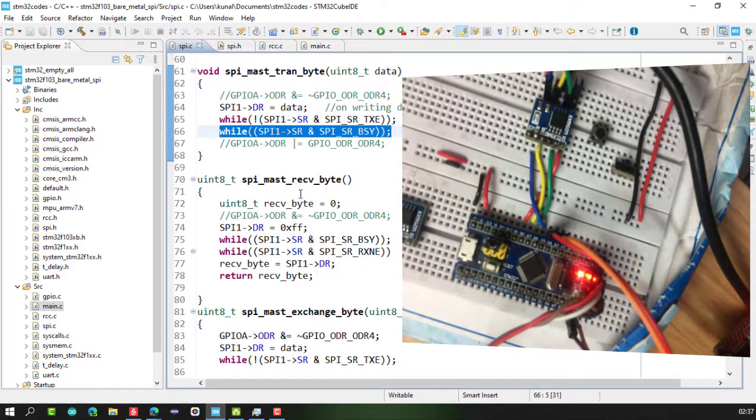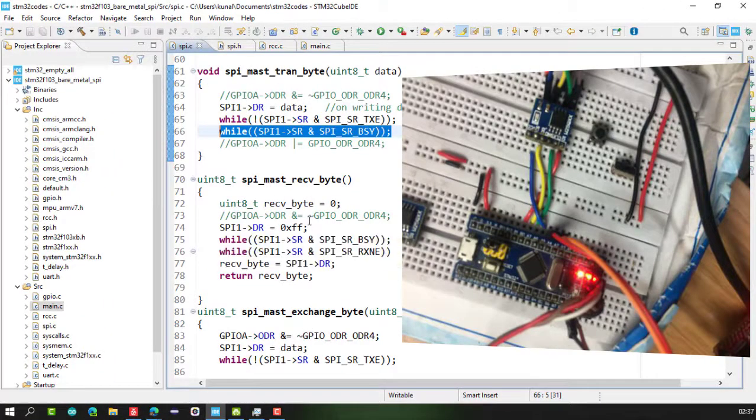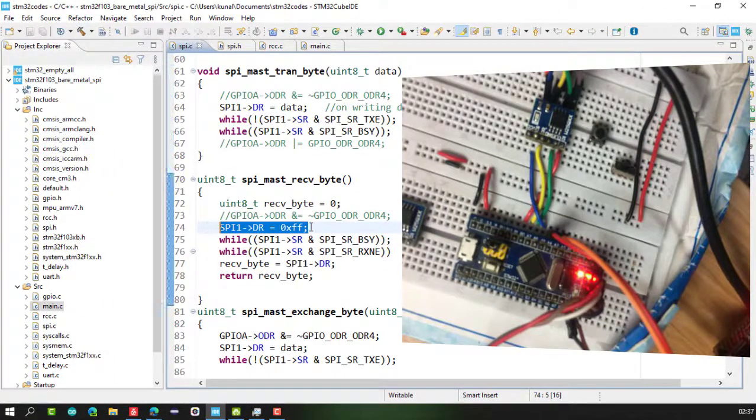And in the SPI master receive byte, first we will send a dummy value, any dummy data, to my slave so as to start the SPI receive session. Then I will wait till the busy bit shows the data has properly been transmitted out, using a while loop, and then in the next cycle I will wait for the received data.